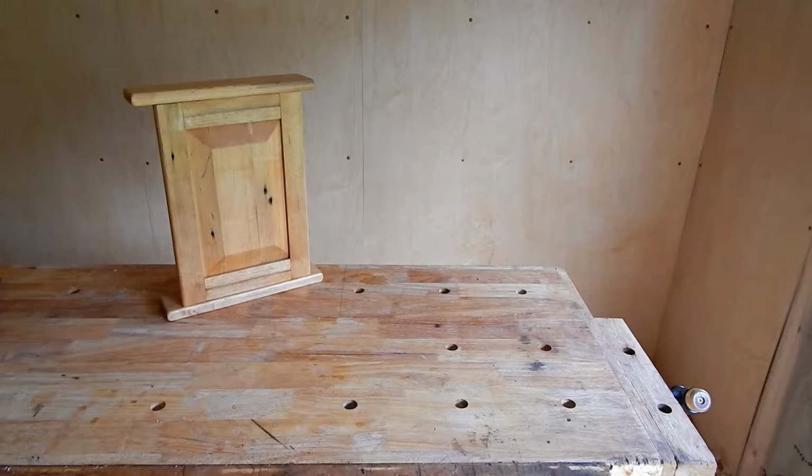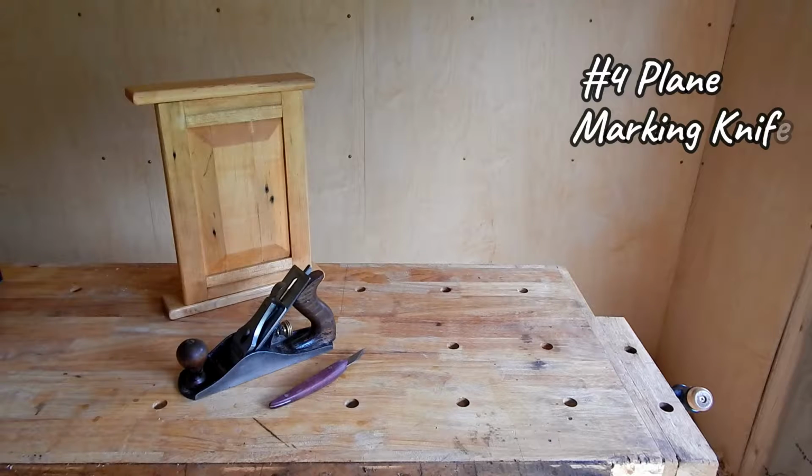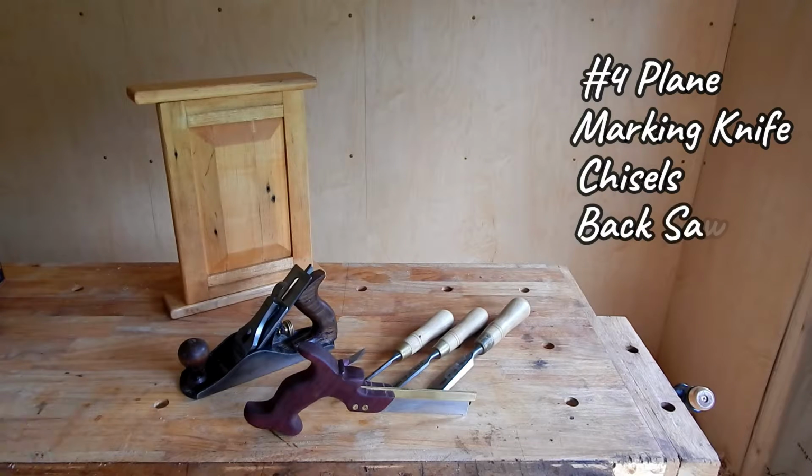The tools you will need are a hand plane, approximately number 4 in size, a marking knife, a 1/4" chisel, a 1/2" chisel, a 3/4" or 1" chisel, some sort of back saw, whether it be dovetail size or larger,